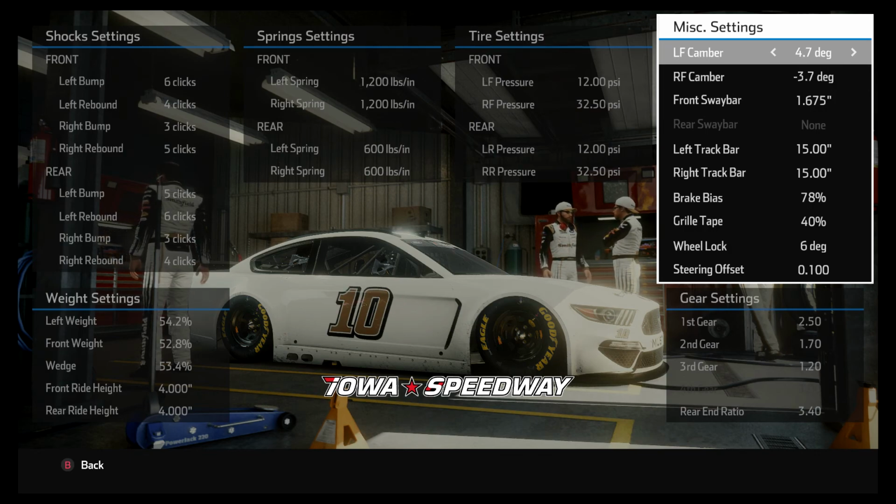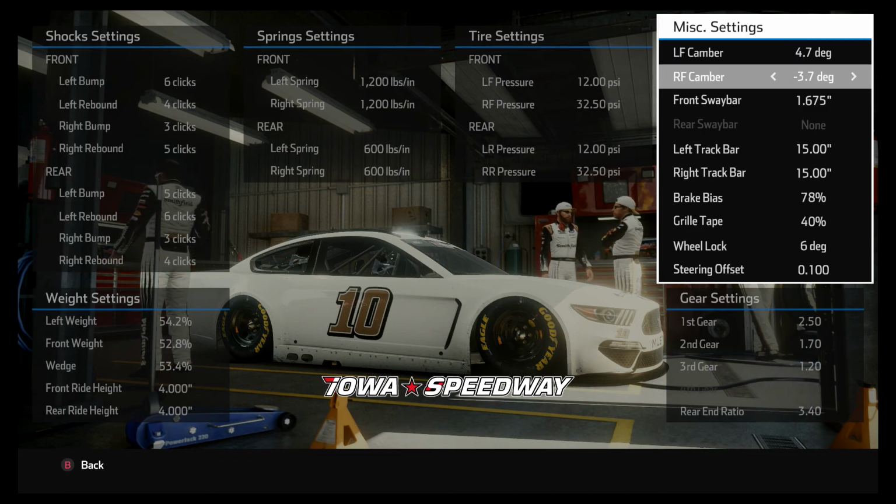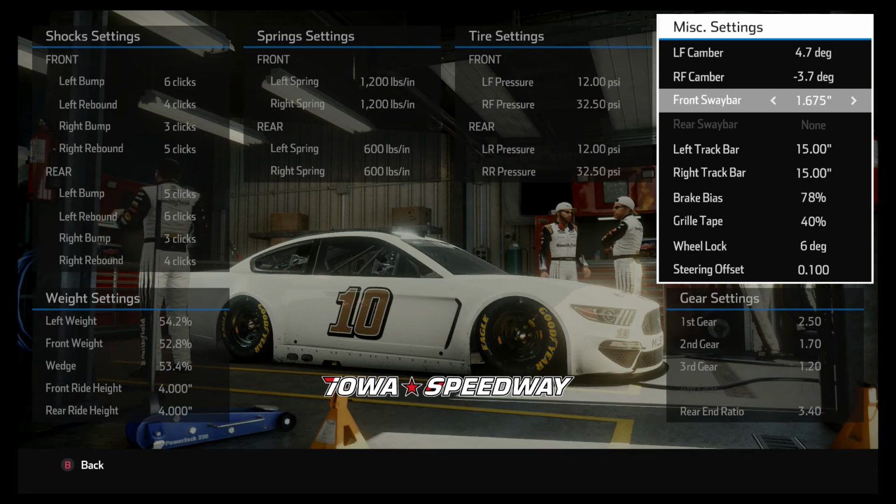And when I say down, move them both closer to 0. So if you need to go down, make this one 4.3 or 4.4, make this one 3.3, 3.4. Stiff sway bar. If you get a little bit of vibration from this, because that sway bar is really stiff,